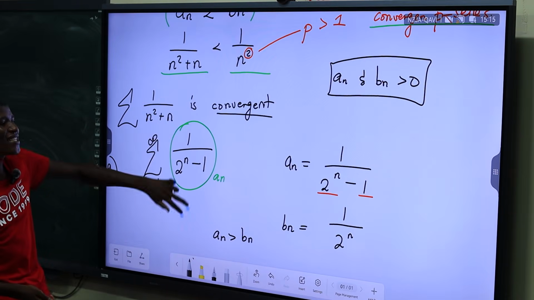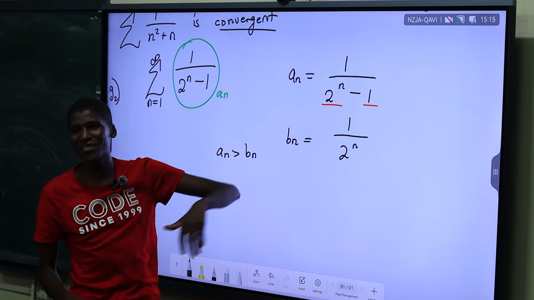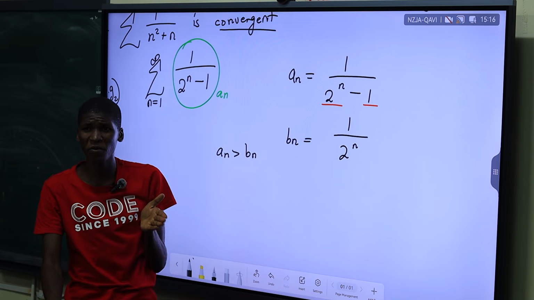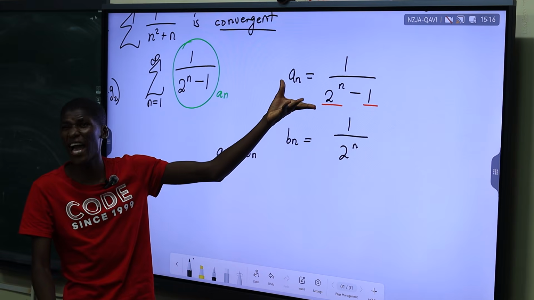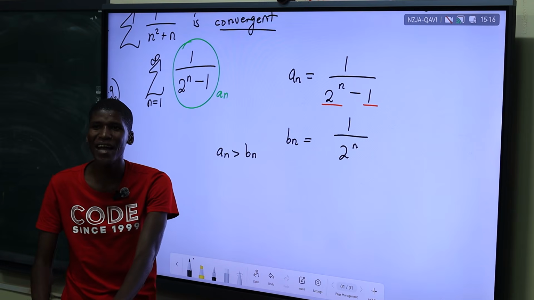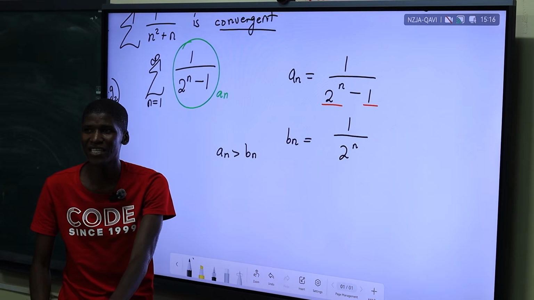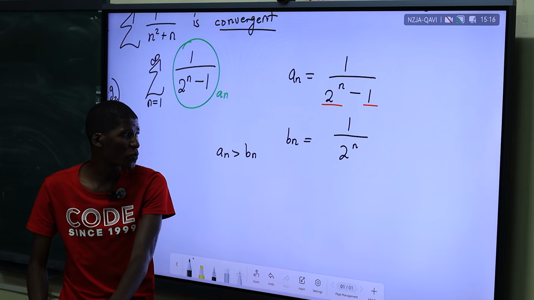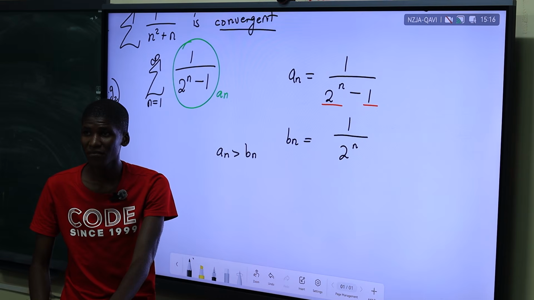Let's look. Can you determine whether any one of these diverges? Let's start with an. Can you determine if it diverges right off? No, because that is what we are looking for, otherwise we would have just concluded from the beginning. Bn, can you determine whether it's divergent or convergent? It's convergent, 1 over 2 to the power n. How do we see? The value? Geometric series test.